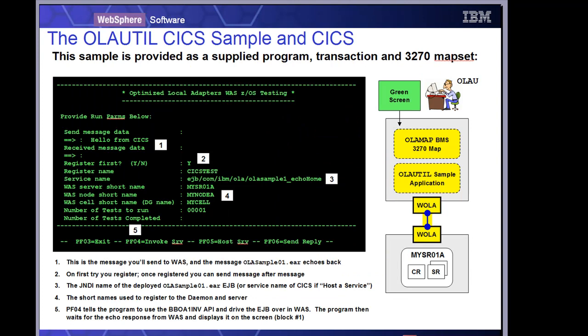So the WOLA util CICS sample is essentially a green screen application, a 3270 BMS application. The file that is available as a sample is called WOLA map, and the source code for this is called WOLA util. This sample allows us to provide a message that we wish to send to a target application, as well as the name of the registration we wish to run under, the service name we wish to